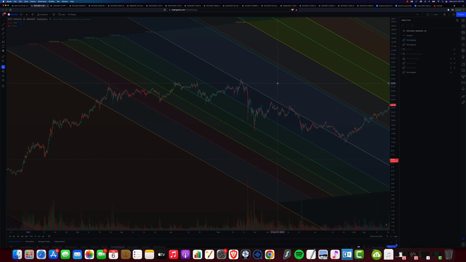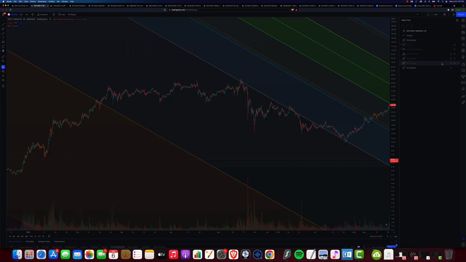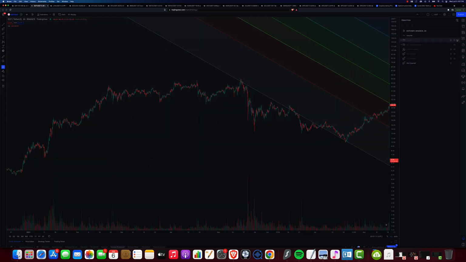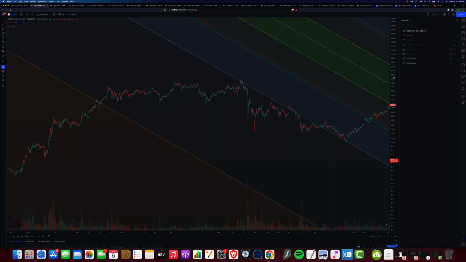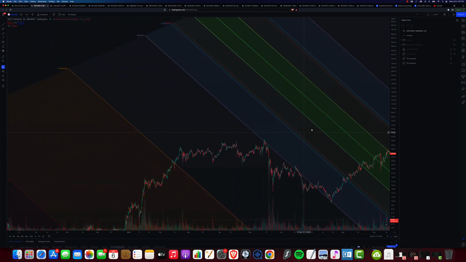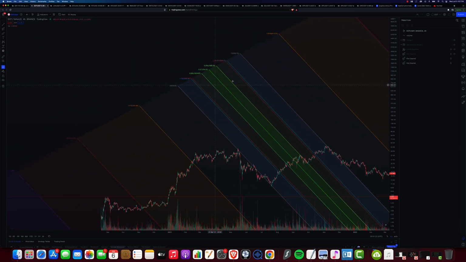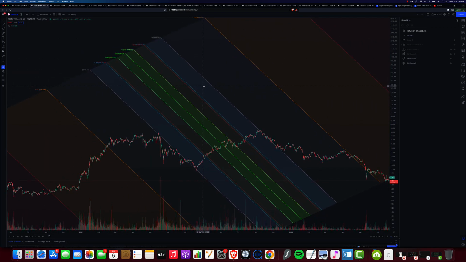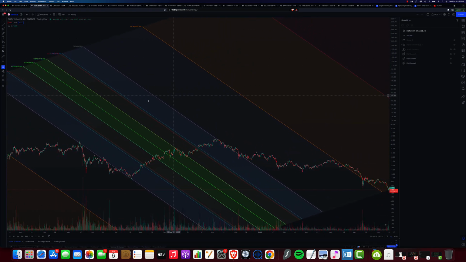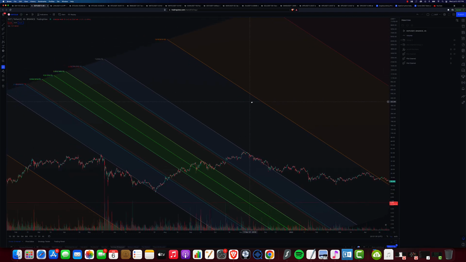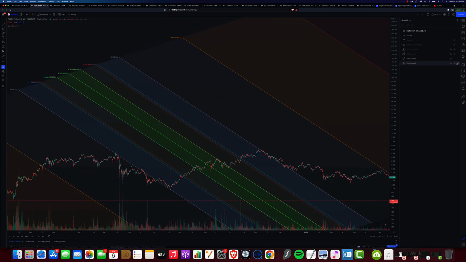All right, let me go ahead and close this since I already have it here. Go ahead and reveal it. So now you have fib channel grids going in both directions. Now how you get it to go further in either direction is by, let me just hide this really quick,